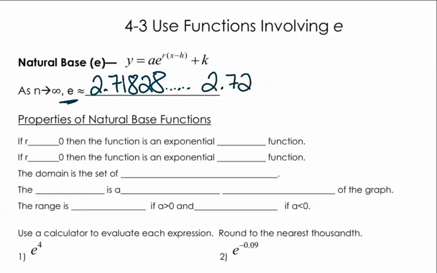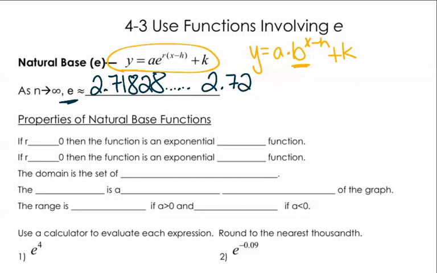And the number e comes from a famous mathematician, Leonhard Euler, and it goes along with the compounded interest that we're going to talk about at the end of the lesson. So if we look at this equation right here, this is the exponential function. This is y equals a times b to the x minus h plus k. So you notice that it's the same thing, except yesterday when we did this, we had a different number for